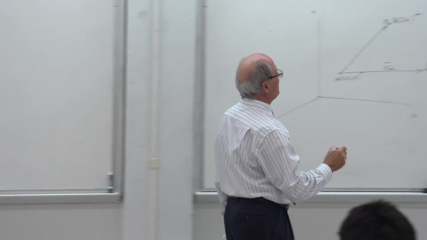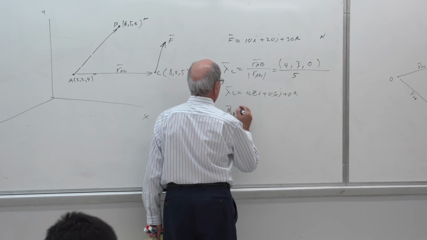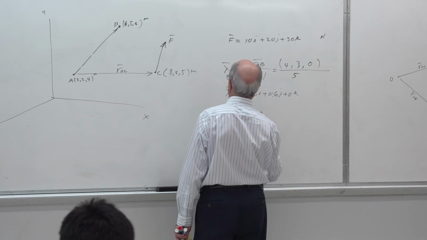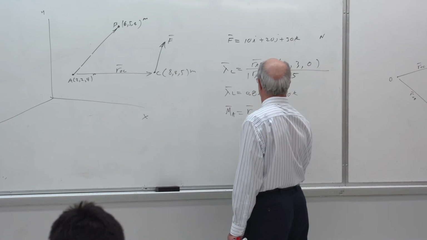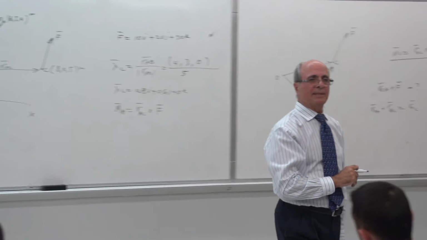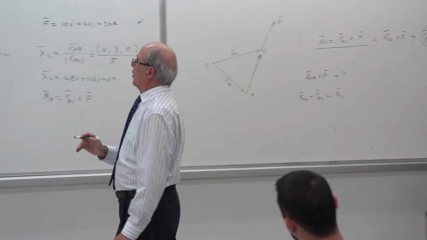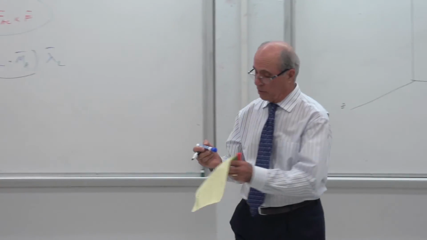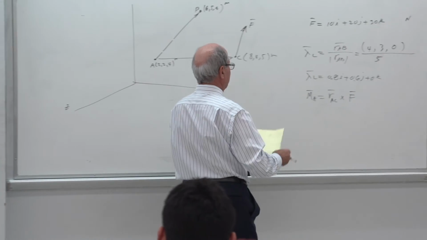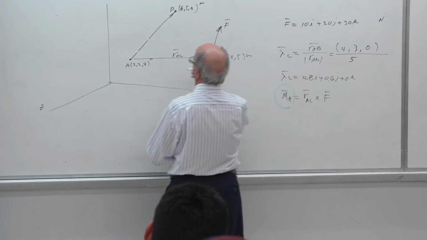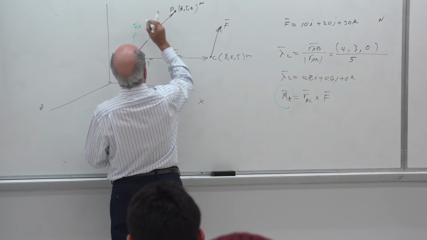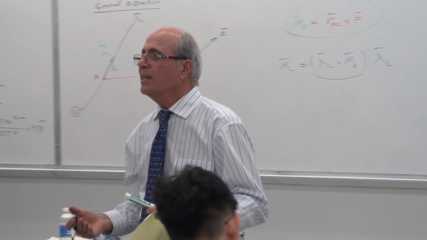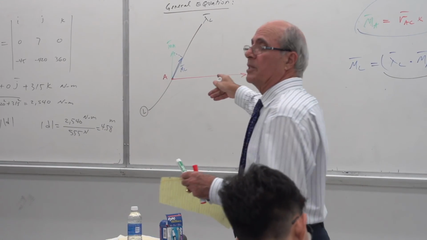So let's write it down. M_A equals R, which R? R_AC, are you everybody with me? Cross product of F. Of course, then this becomes a vector here. Let's use the same color as here: that is a green vector, just to match them together. So that is M_A. But that's it, I don't want that. I want to project that over the line AB to get the blue one.